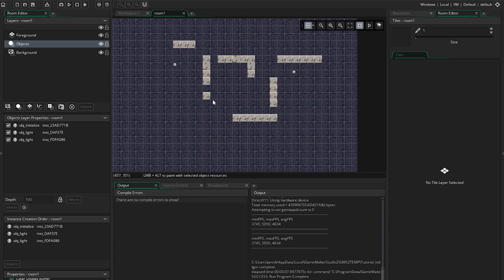Today I'm gonna just talk about static lighting in GameMaker Studio 2. I'm gonna take you through some code. I'm gonna show you the end result. It's because when I started